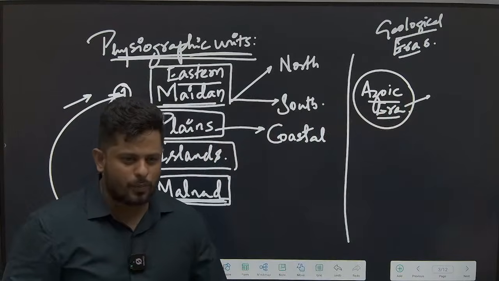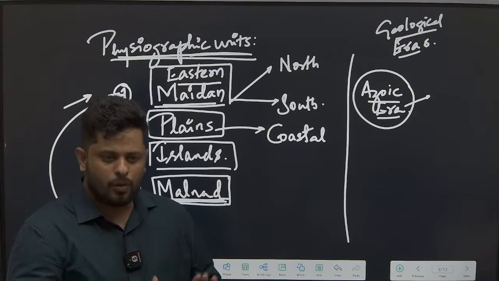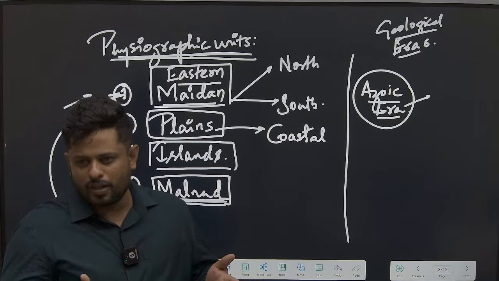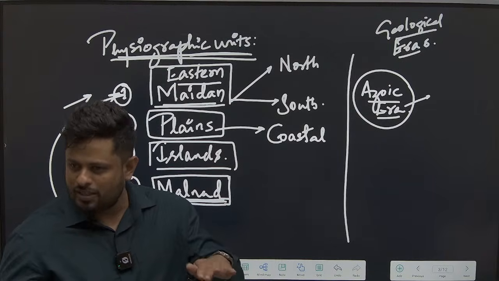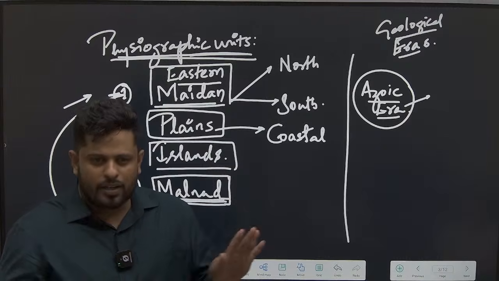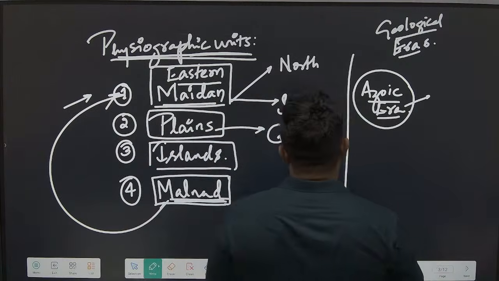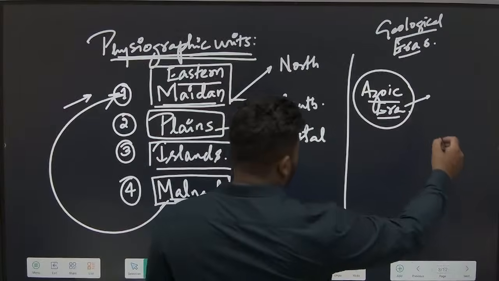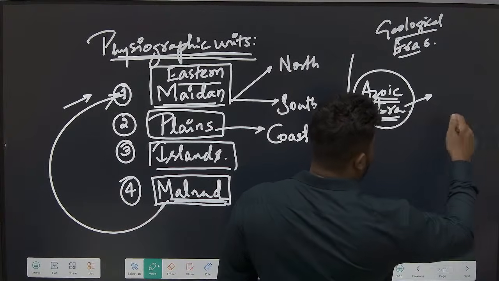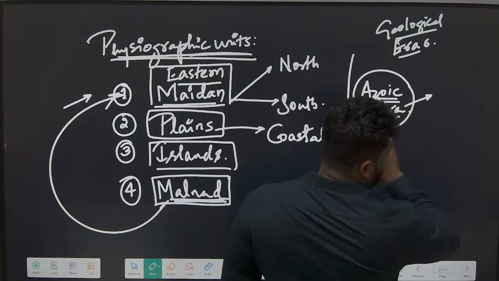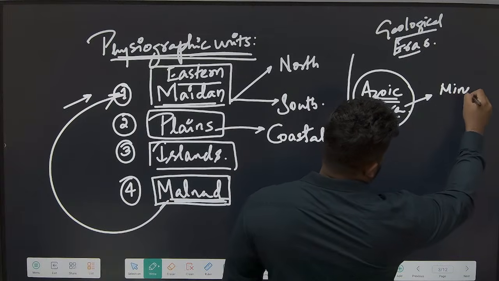When the earth was a small kid, if I compare this with the human life cycle, when the earth was just born, correct, Alva? Probably when the kid starts walking, take it that. The kid starts stabilizing. Before that, the kid cannot walk on its own. So when the earth started stabilizing, when the earth was capable enough to walk on its own, that is the point of time. We have a number of cooling and solidification, and whatever has appeared over there today we get as important mineral resources.